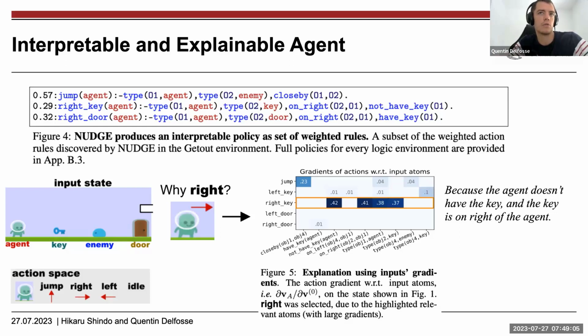So they can tell you the agent is going to the coin without the agent actually going to the coin, because it's just a stochastic system. So eventually it's going to make you hear what you want to hear, but you cannot be 100% sure that it's doing the right thing. Whereas with this interpretable approach, this neurosymbolic approach based on first-order logic, you are able to understand that, okay, it's really going to the key. It's really jumping to avoid the enemy, etc., etc. And